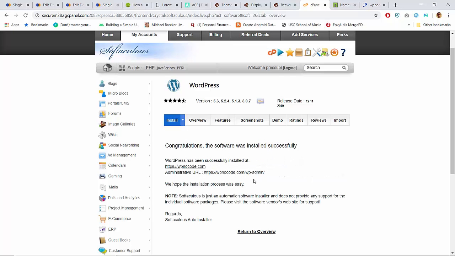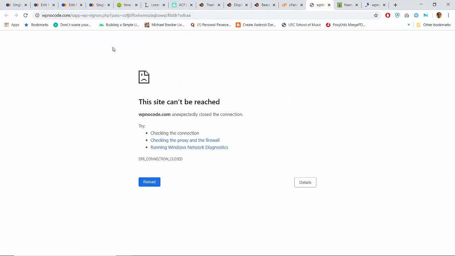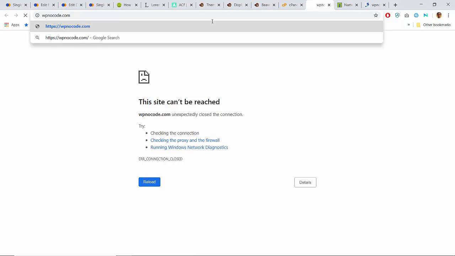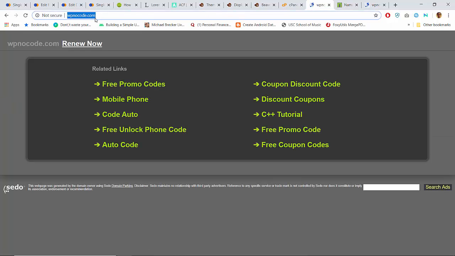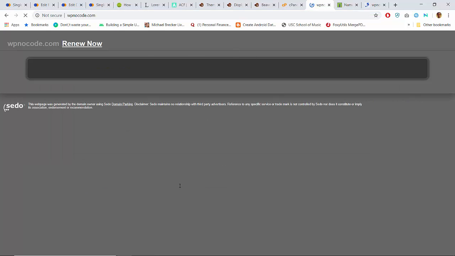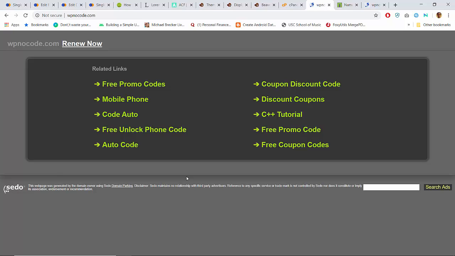All right. So it thinks that I can just go here and get the site, but that's not going to be true for about another hour or however long the DNS changes take to propagate. Because it's still pointed to name.com's name servers. So we're going to have to wait on that. And so while we're waiting for the DNS changes to propagate,